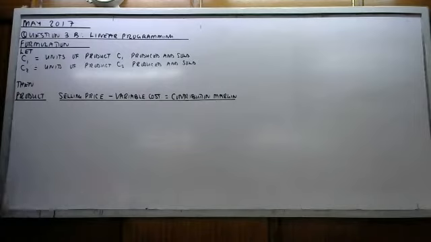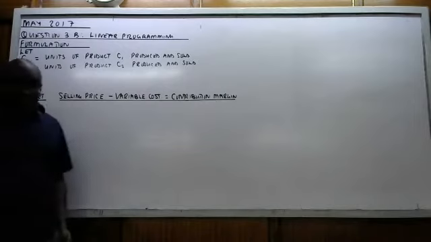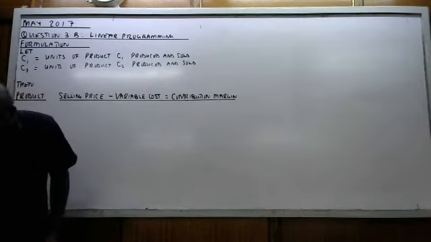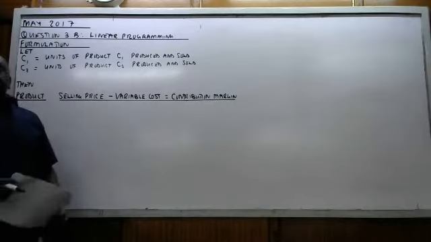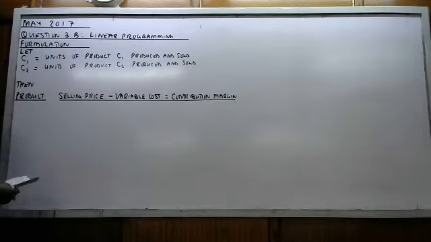Selling price minus variable costs, we will get something called contribution margin. So for product C1 and product C2,